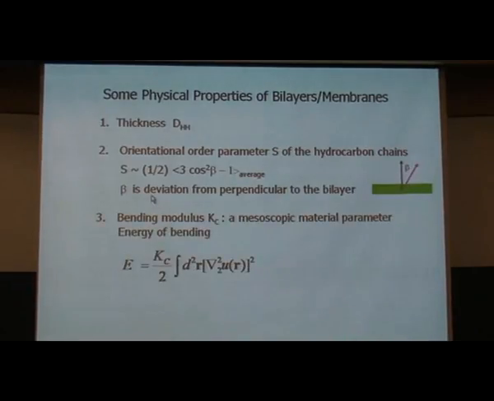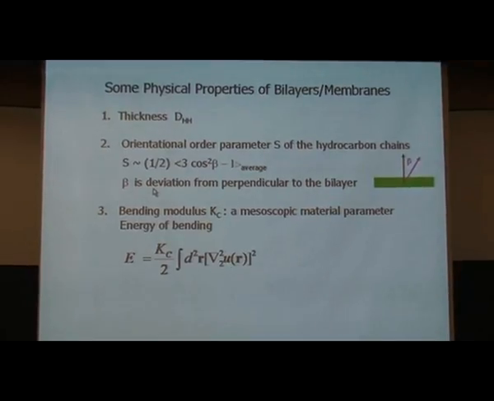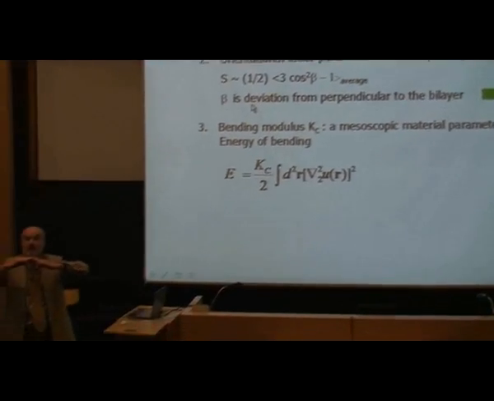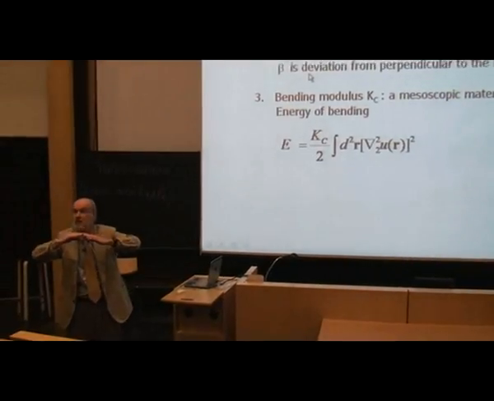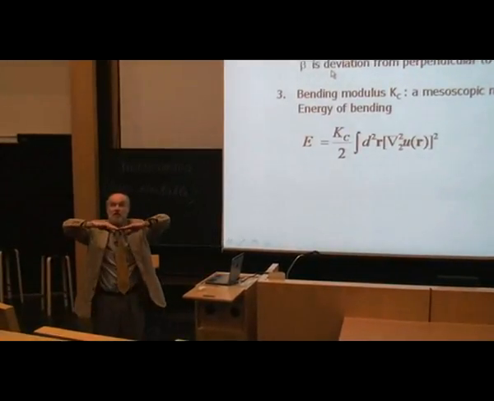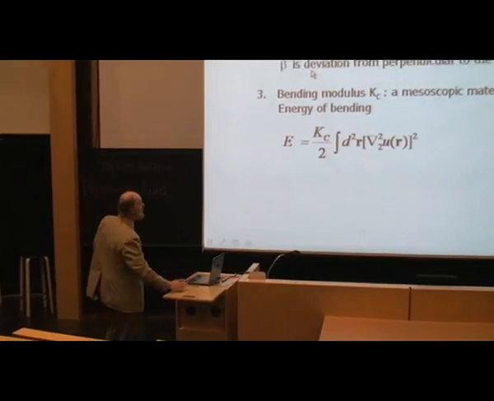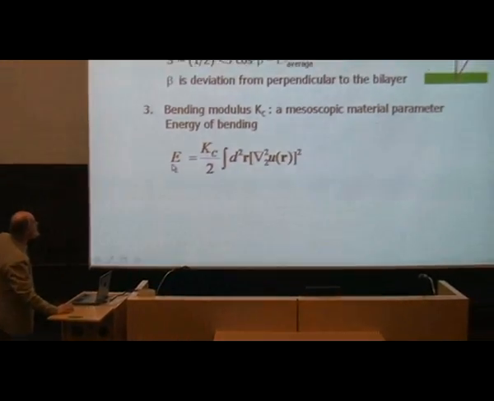The final one, which I think is even more fascinating than either of those two, is the bending modulus. You have a bilayer which starts out flat, and that will probably be its ground state conformation, but it can bend. It's like a beam or a flat plate. Of course, bending costs extra energy, but these energies are small compared to kT, and so there are going to be thermal fluctuations bending these membranes. The question is, how big is the energy that you get?